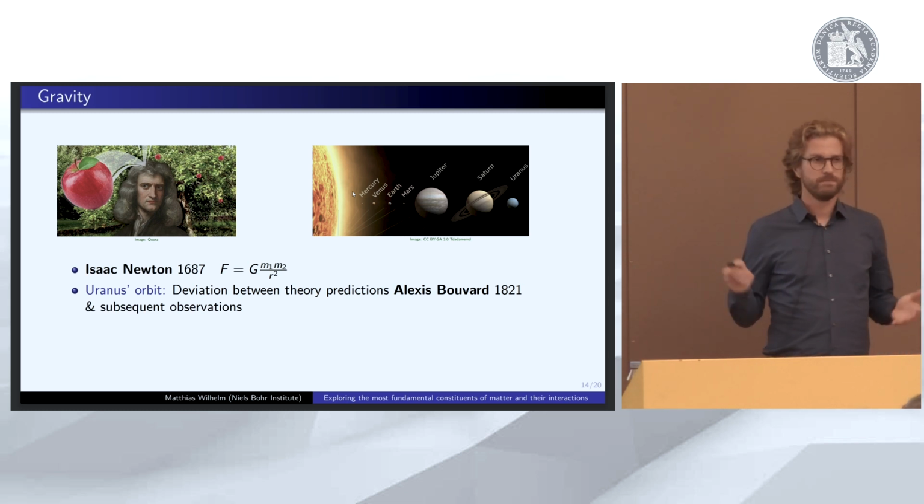Now, one could say, let's just get rid of this equation, it must be wrong. However, this is not what Urbain Le Verrier did. He postulated that there should be another, not yet seen planet, and that he could even determine where it should be by just requiring that it explains how Uranus behaves according to the mutual attraction by gravity.